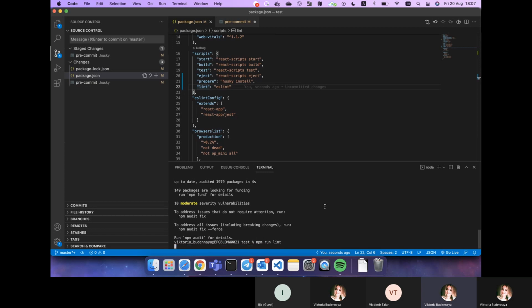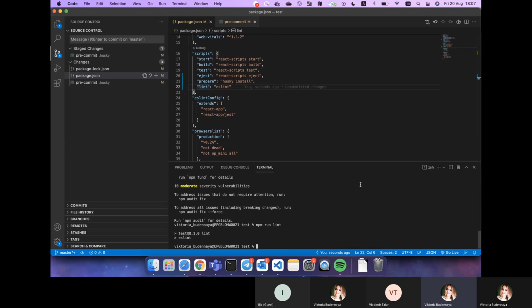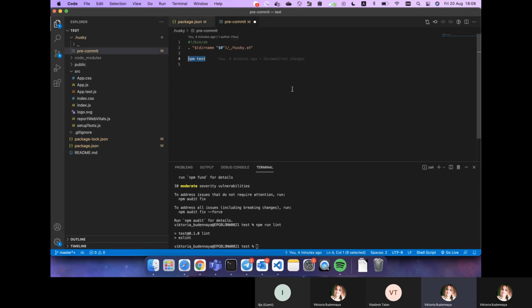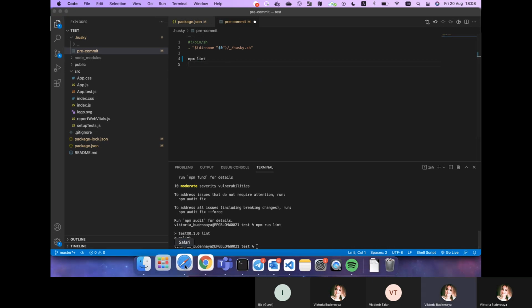For running npm, give me just a second. npm run lint. For just running lint, you don't have to install anything additional. So the idea is the linter not to run tests with Husky. Tests are a separate thing, so it doesn't connect to the linter anyway. The linter just checks how you create your variables, if you used some deprecated lines or names, if you put your semicolons in a certain way and stuff like that. So you don't want to run tests if you didn't write them in the first place, and you don't want to run your tests on commit, definitely. So here it should be running the linter, and